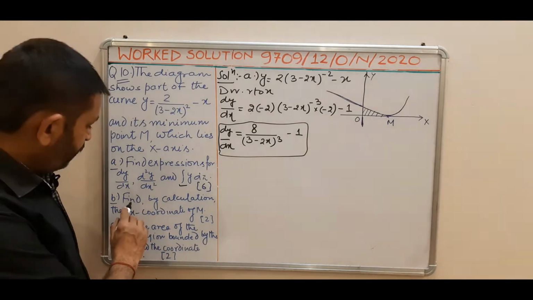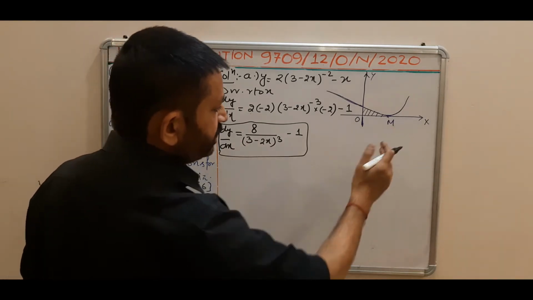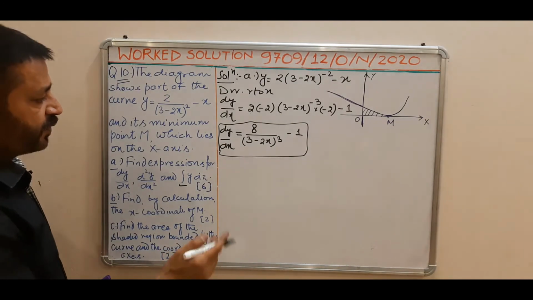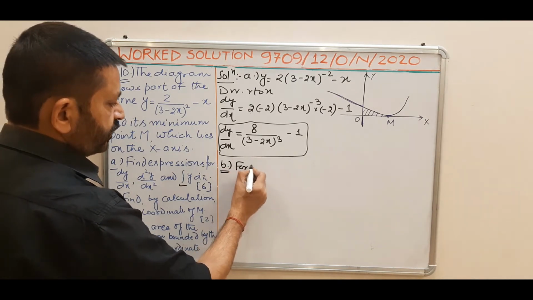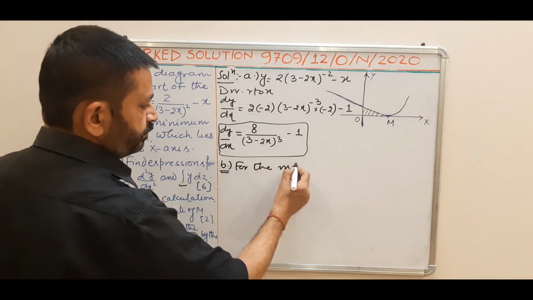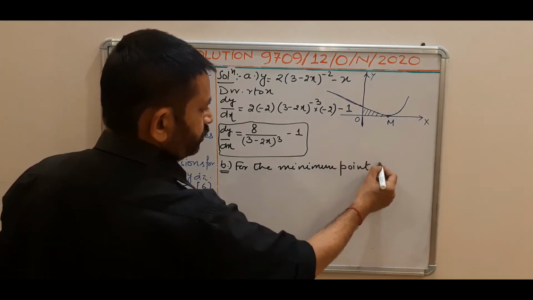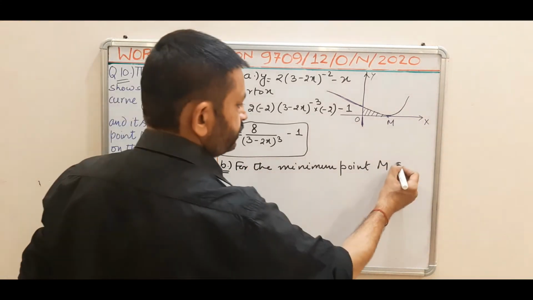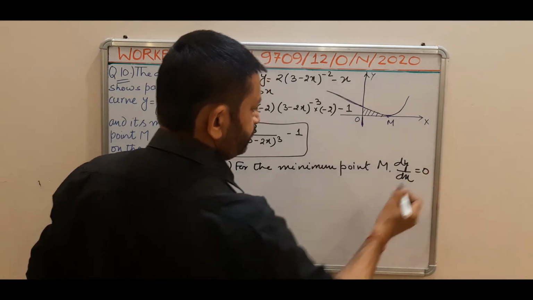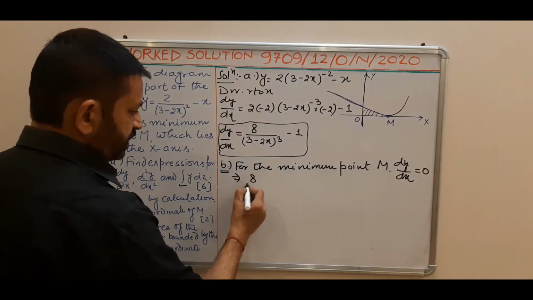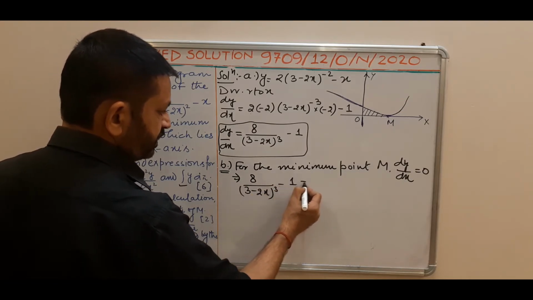B part, find by calculation the x coordinate of M. If you look at the figure, this M is the minimum point. So that is a stationary point. So for the B part, for the minimum point M, dy by dx is 0. So put dy by dx equals 0. It means 8 upon (3 minus 2x) cube minus 1 is equals to 0,